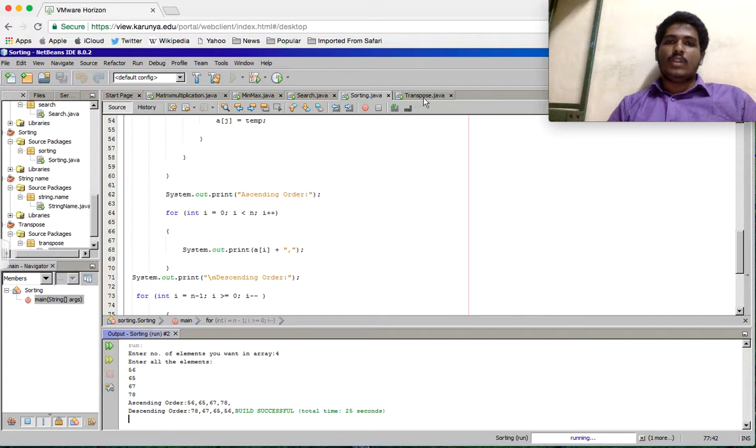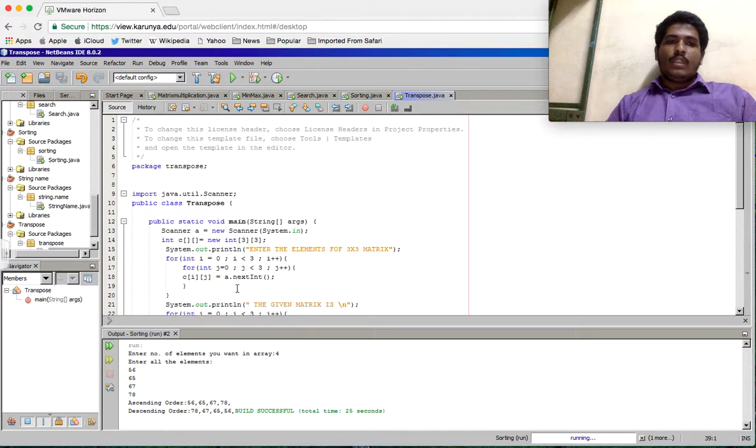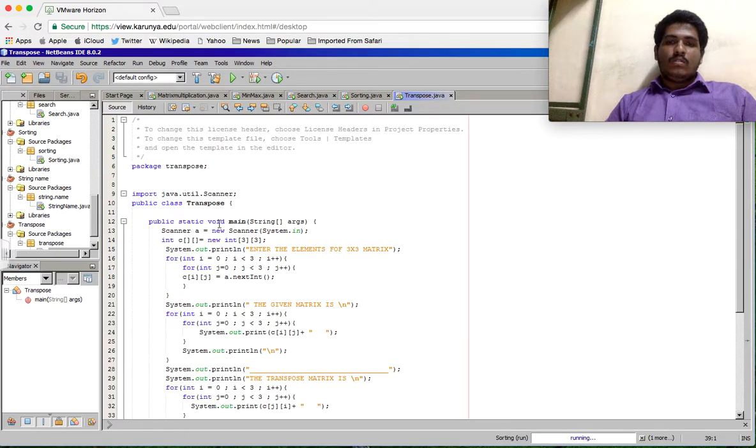Now I'm going to discuss the transpose in Java. Transpose. Package; import java.util.Scanner; public class Transpose { public static void main(String[] args) { Scanner a = new Scanner(System.in); int c[][] = new int[3][3]; System.out.print("Enter the elements of 3 into 3 matrix"); for (int i = 0; i < 3; i++) for (int j = 0; j < 3; j++) c[i][j] = a.nextInt();